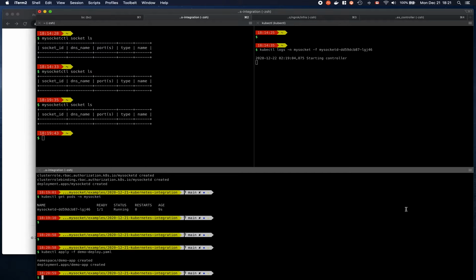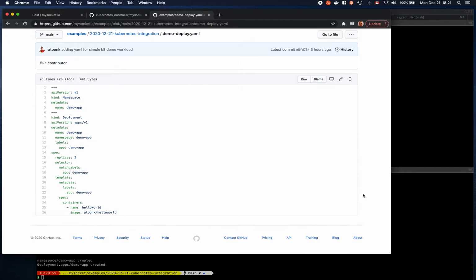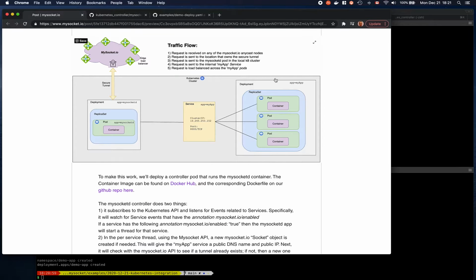So now that is created. So now we've created the workload. So that was pretty simple, right? So that was sort of this part here. And now we need this yellow box in the middle. So this service that essentially acts as a logical abstraction for this deployment, for these 3 pods, and in-cluster